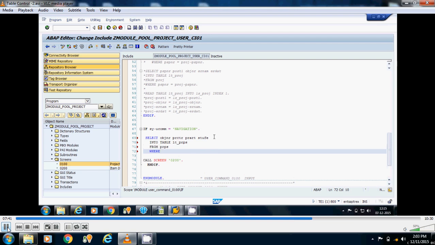For all entries in, because PROJ is our primary key table and PRPS is our foreign key table.